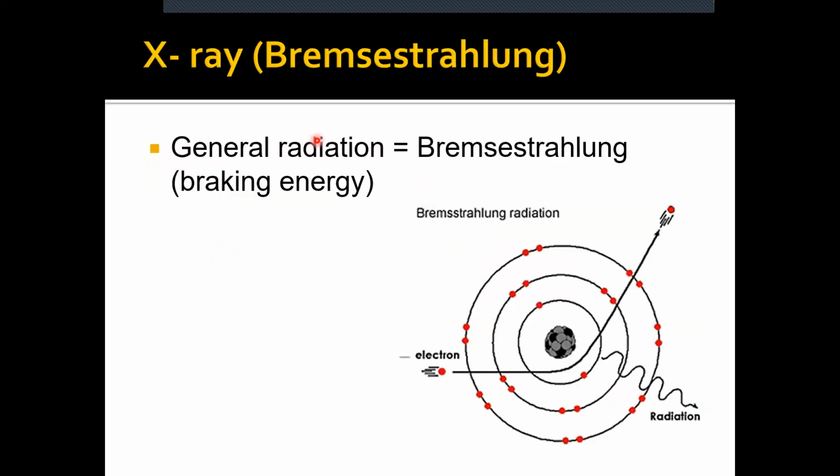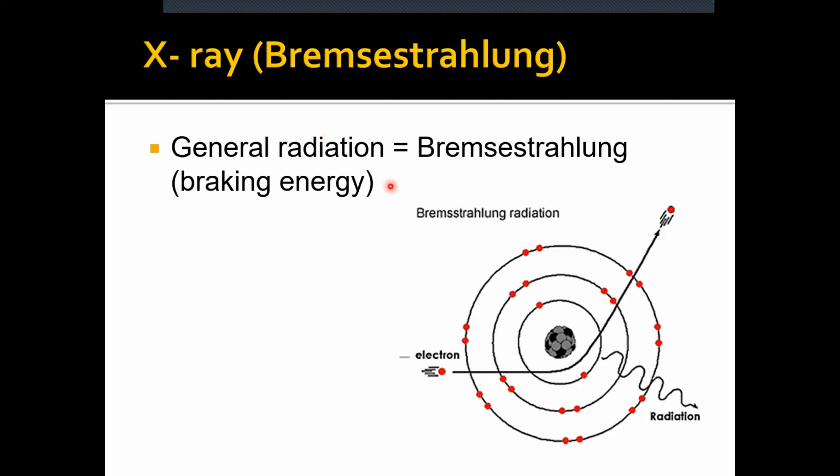Okay, now I mentioned that you're going to have X-rays getting released because your electrons are crashing into the anode and they're losing energy. But this kind of sounds weird, because what the heck do electrons crashing into things have to do with light? Well, simply put,